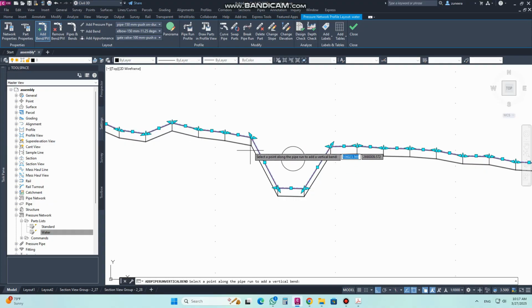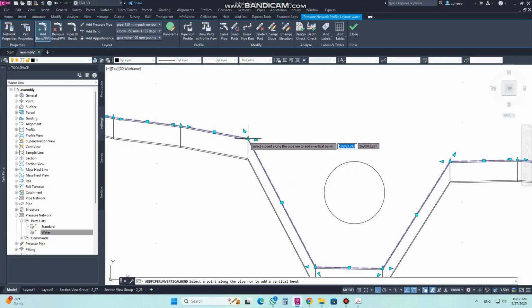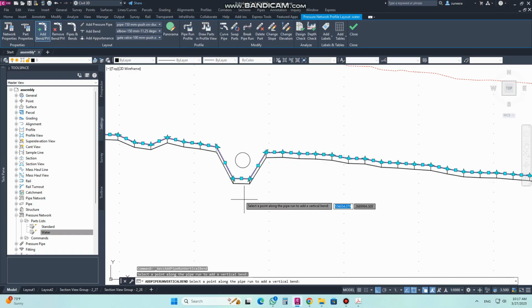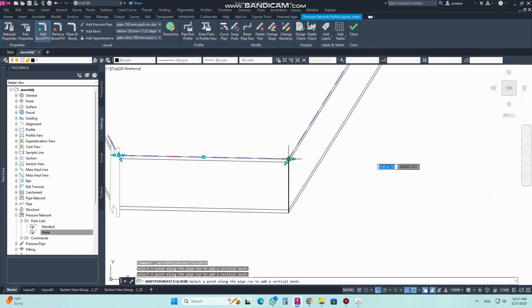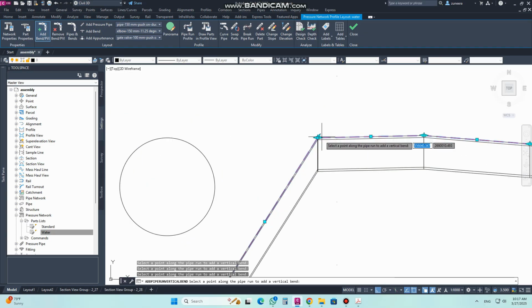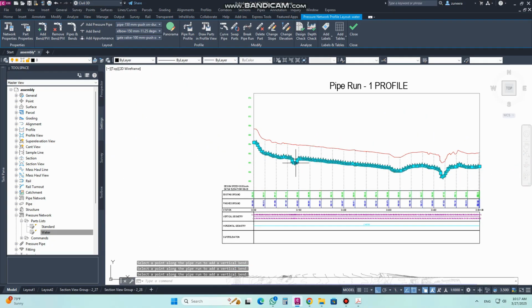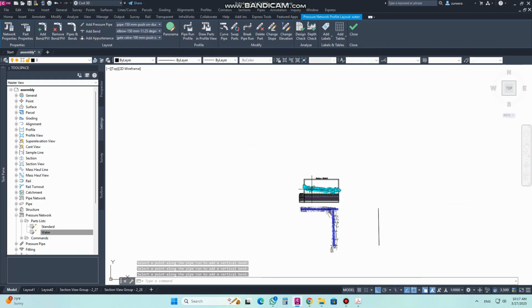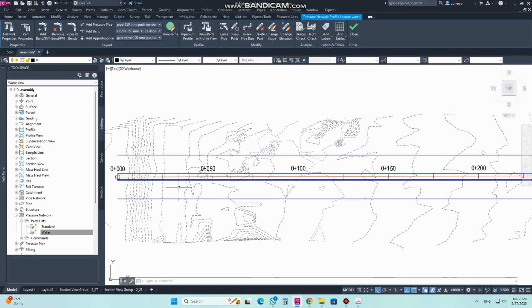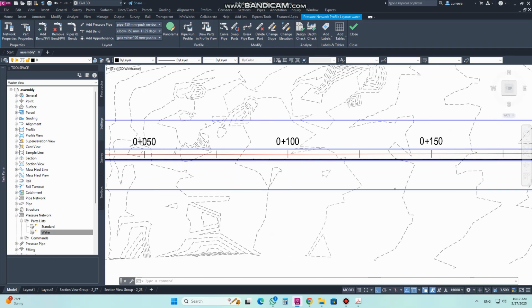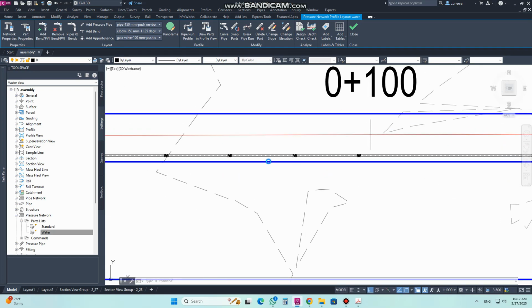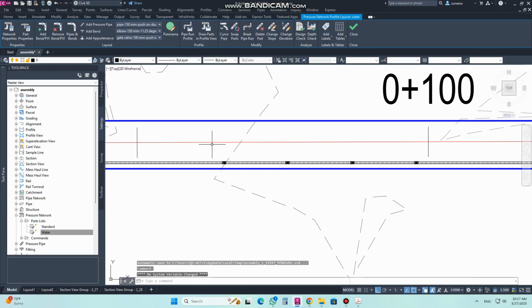So from here, add PVI, and just click where you want to add, and it will create a PVI according to that. Okay. Now when I add this at almost station 100, if I come here and check the 100, you will see it added the